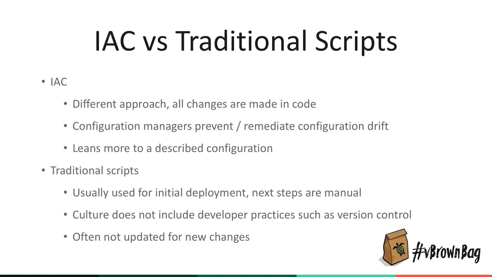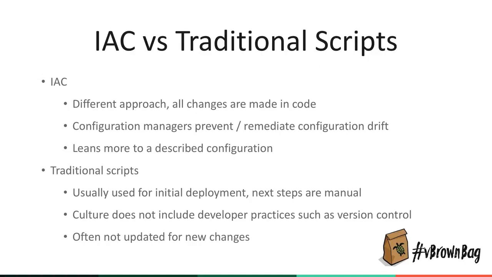So with infrastructure as code, it is a bit different to a traditional script, where you might say, I'm going to provision a VM. So here's a PowerShell script that talks to my vCenter server and provisions a VM. That's a very procedural scripting approach: it's done that, that's its task, and it doesn't really go to the next step of how to deploy the application.